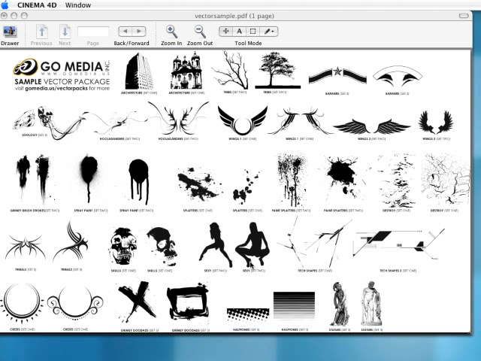So when you download, go to their site, gomedia.us/vector packs, I think it is. And they'll have a sample vector package, and this is what you get, a bunch of different images: architecture, skulls, blood, actually spray or blood, whatever you want. Some really cool shapes, sexy women, tribal things. So I thought, let's take one of these and bring it into Cinema 4D and make a really nice object